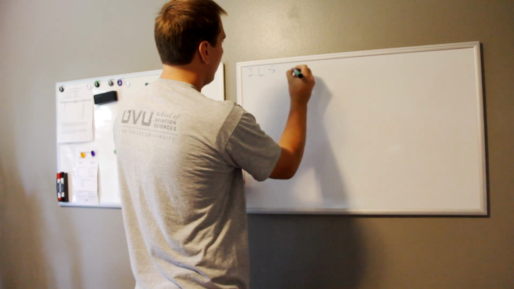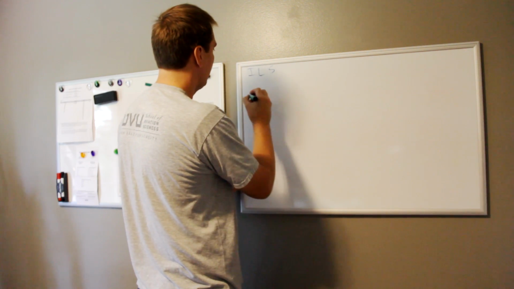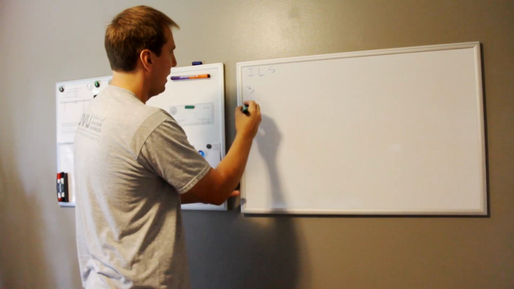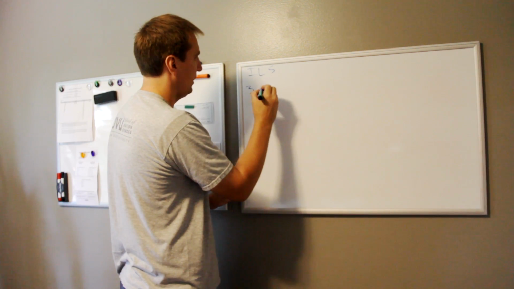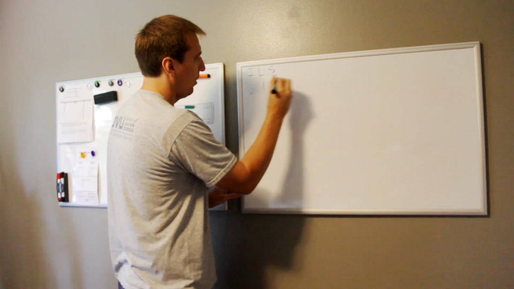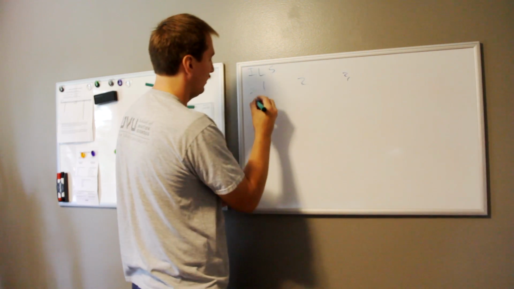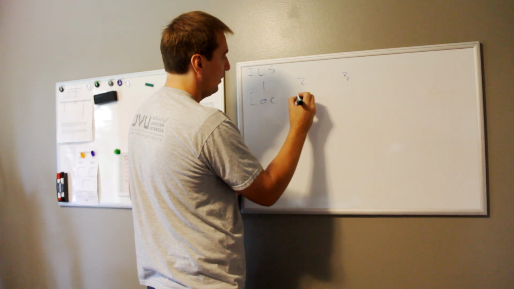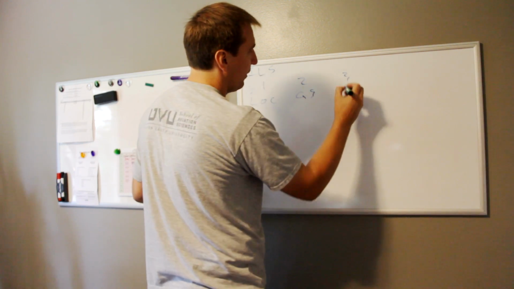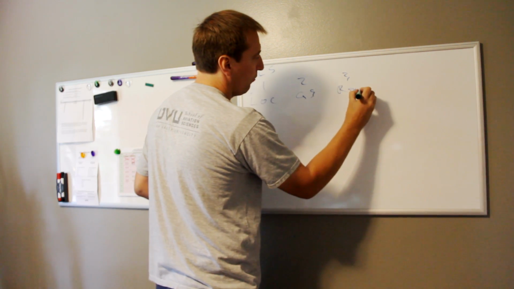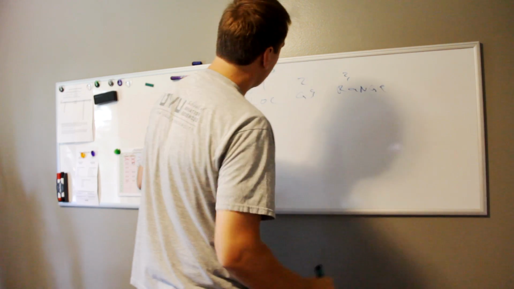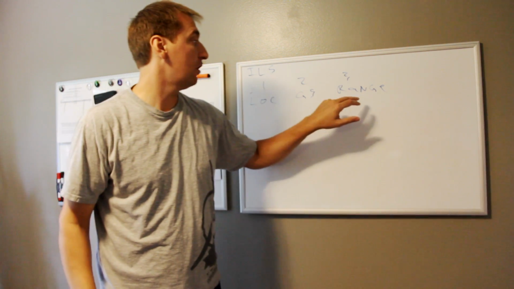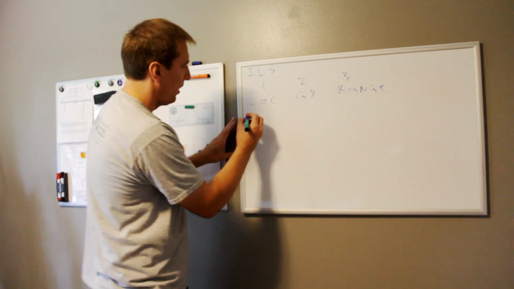ILS stands for Instrument Landing System. It consists of three main things. So let's say we have 1, 2, and 3. The first one is the localizer, the second one will be glide slope, and the third one will be range. So ILS consists of three things: localizer, glide slope, and range. Localizer,